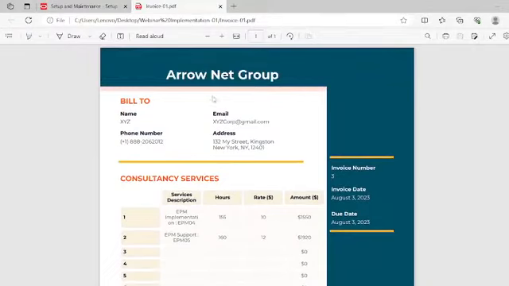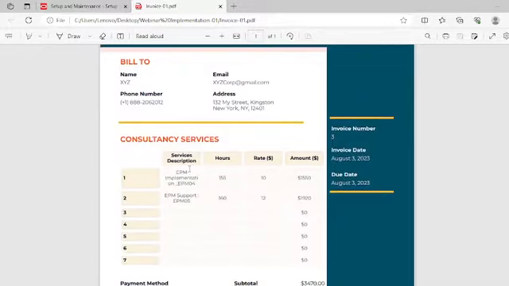You can see here this is the Aeronet Group, and it billed to XYZ Corporation, and for what they are charging to the XYZ Corporation, they have provided the EPM implementation service, and EPM 04 is the resource that they are using for providing the services. This EPM 04 has worked for 155 hours, and the rate applicable for this EPM 04 is 10. So the final billing amount is 1550.